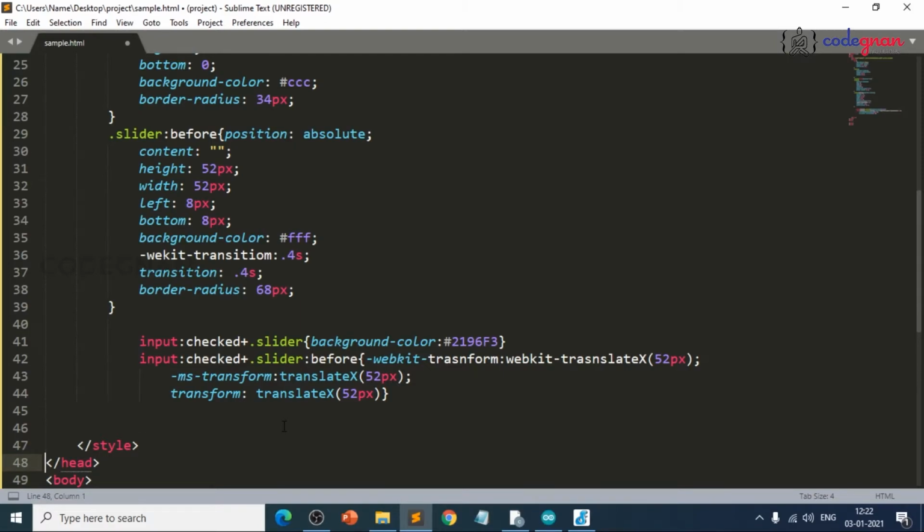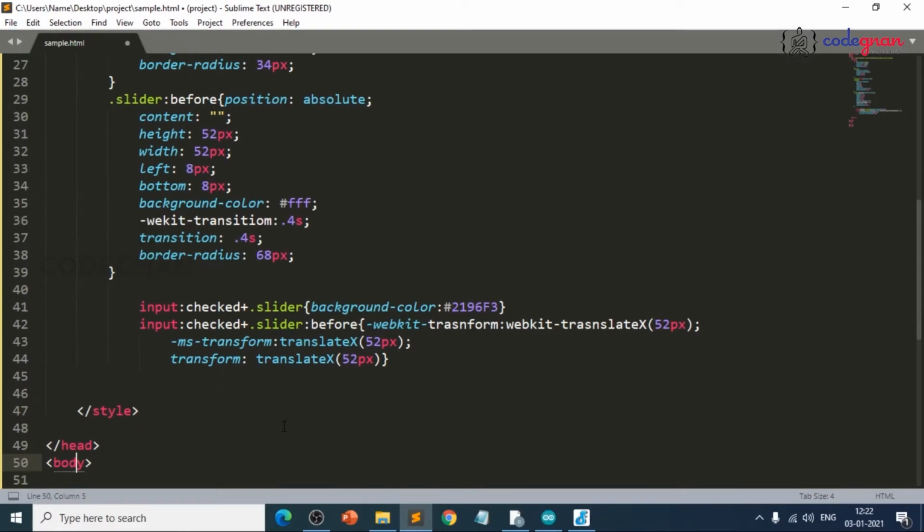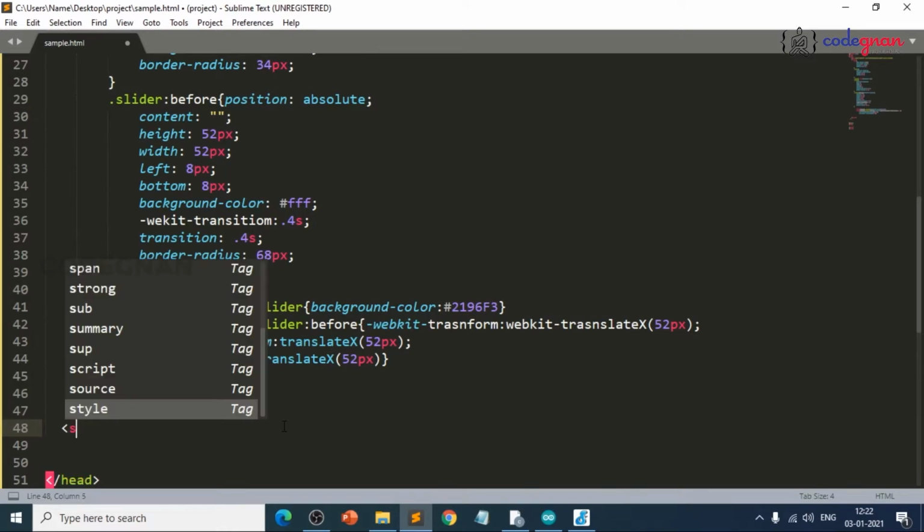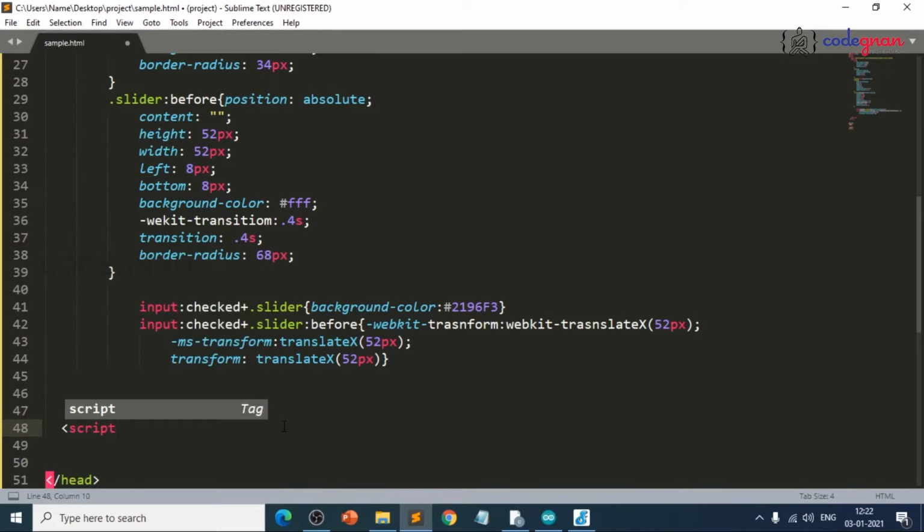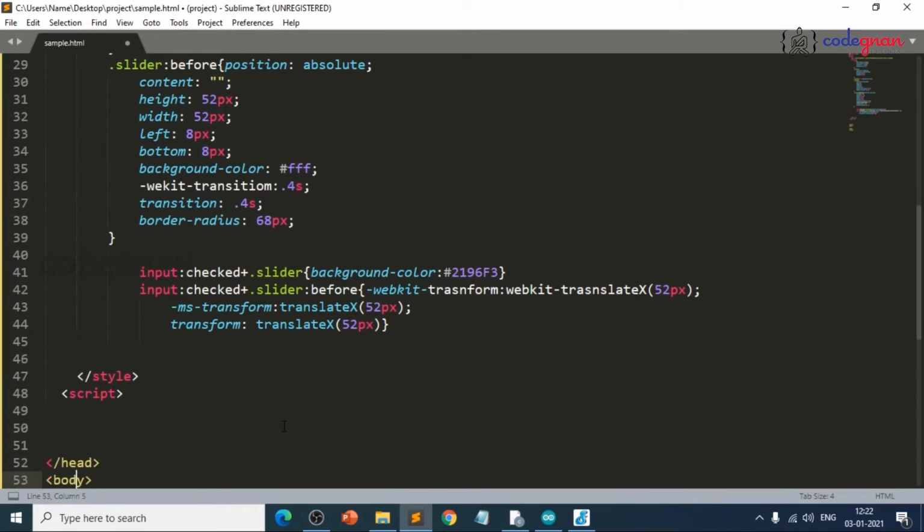Now we'll write script here, JavaScript here. If you remove this one, they will ask a suggestion.